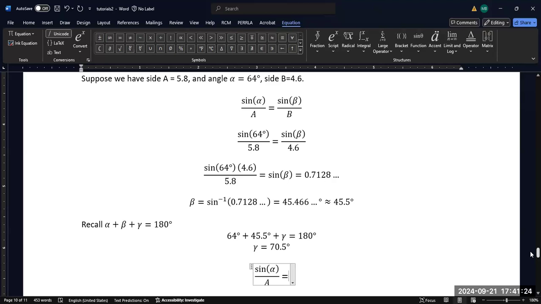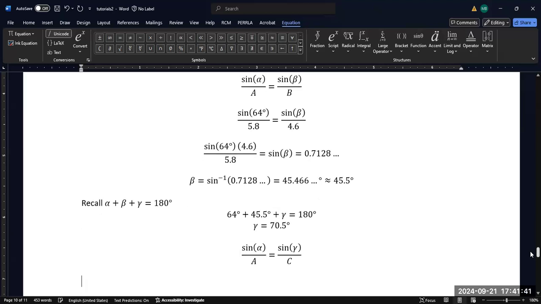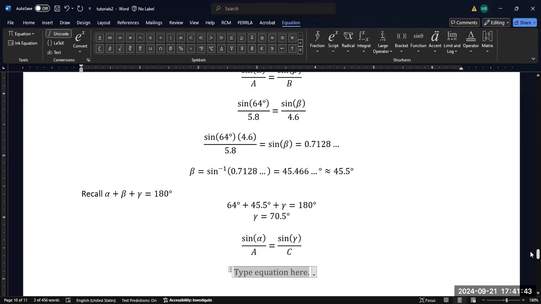You'll get a little bit better accuracy that way. You can also use additional decimal places, but sine gamma over C. And what we want to find now is side C. So if I rearrange this, I'm going to end up with C is equal to